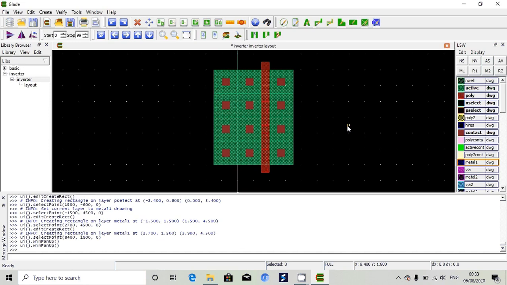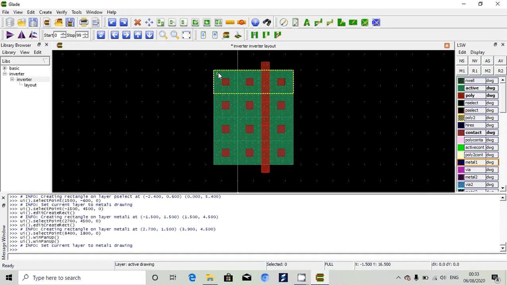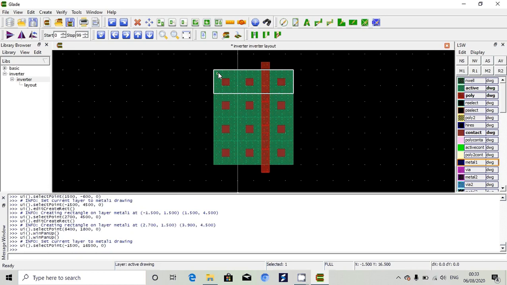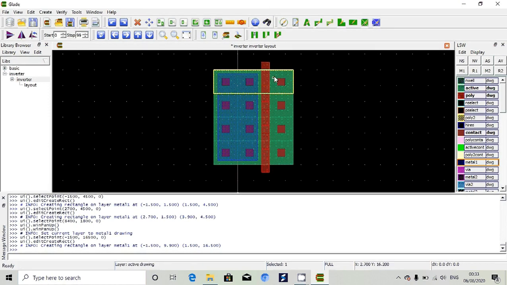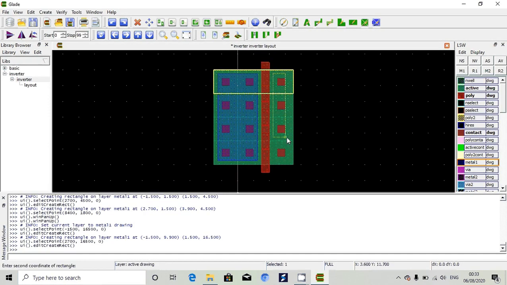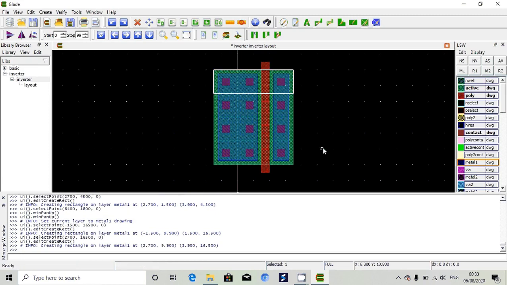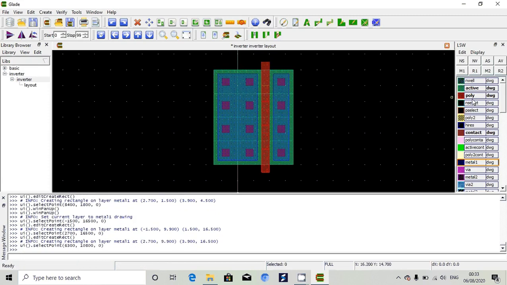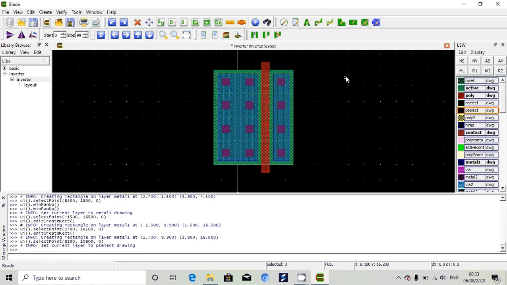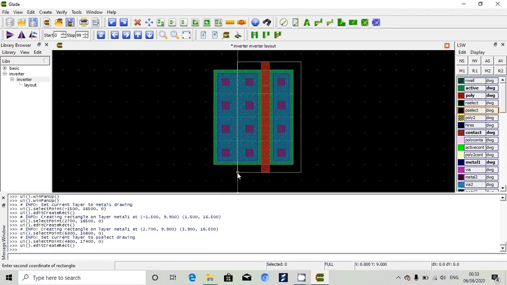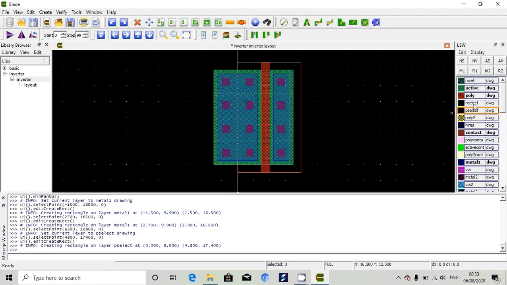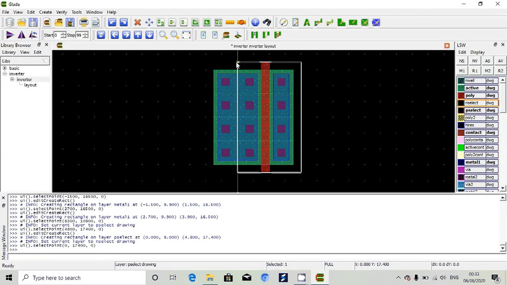Now go to PMOS, then again metal 1, because we want to connect the N well and the drain. So this entire thing you select. Now go here, press R, the entire thing is selected. Okay, now two more things are missing. Select layer, go here, press R, P select. Okay, now go here and select, press R